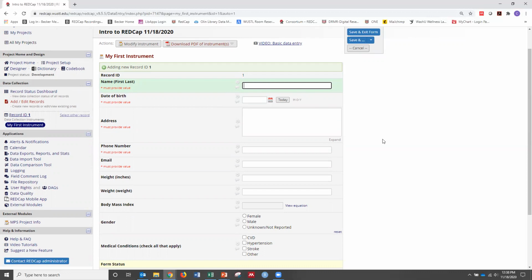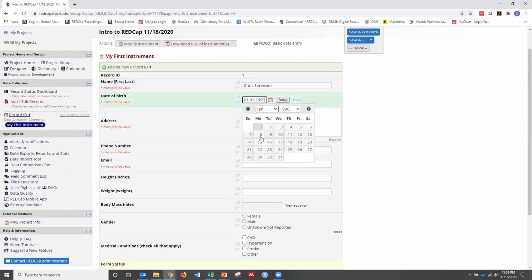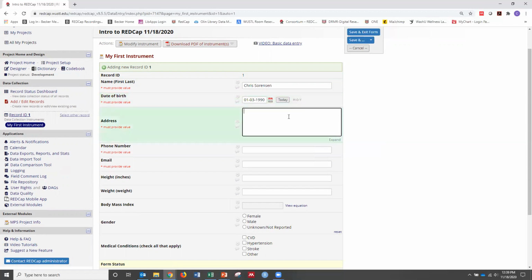So I just ask, what's your name, first and last? And I'm filling this out as somebody gives me their information. They give me their birth date. I could either enter it directly here, say that's not my actual birth date, but I can either enter it that way, or I can enter it with my little calendar function. And street address, the address to the library,